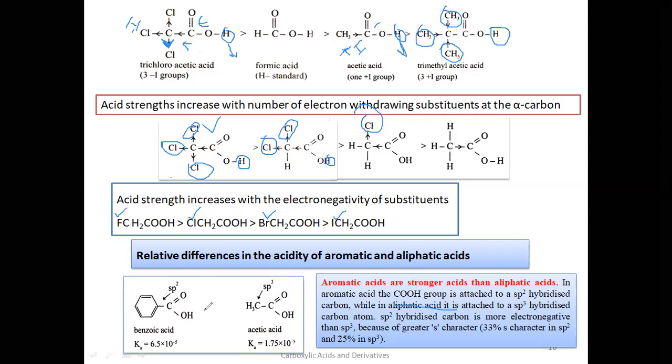Now let us see which one is more acidic between these two. If you see this group, there is an alkyl group. What is this group? This is an electron releasing group, which means it will show a plus I effect. Plus I effect means it will increase the electron density on this one. So once the proton is lost, a carboxylate ion is formed, and this methyl group, by releasing electrons, will destabilize the carboxylate ion form.